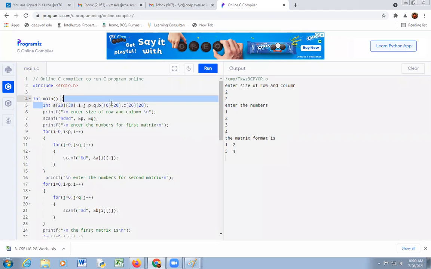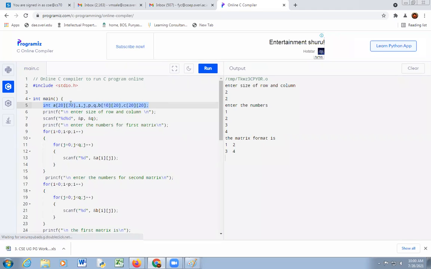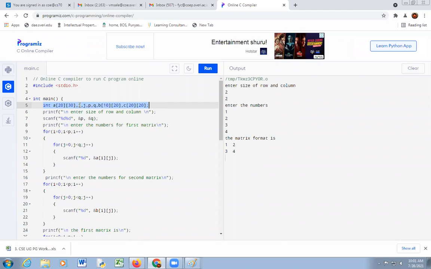So first at line 5, we have declared three different arrays for three different matrices and four variables: variable i for row, variable j for column, then variable p for row size, variable q for column size. So enter size of row and column.